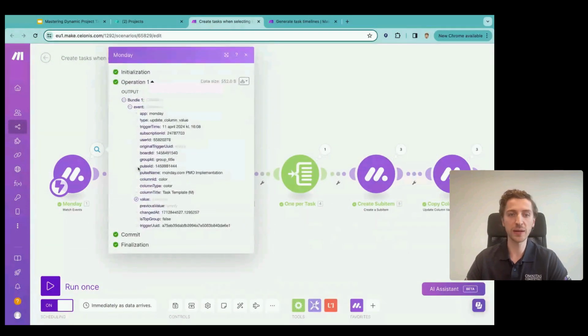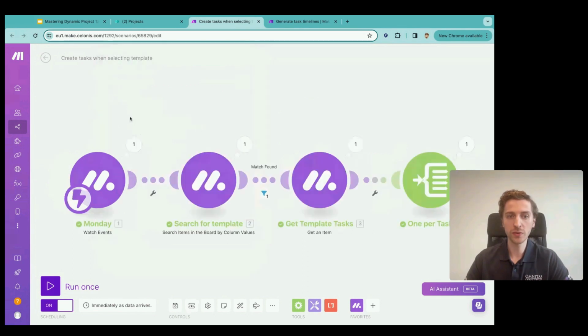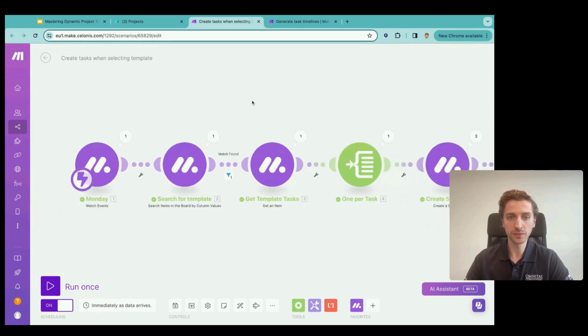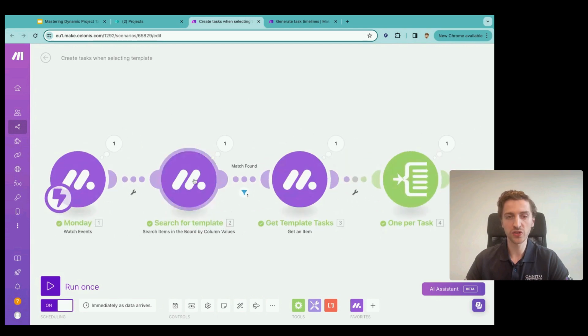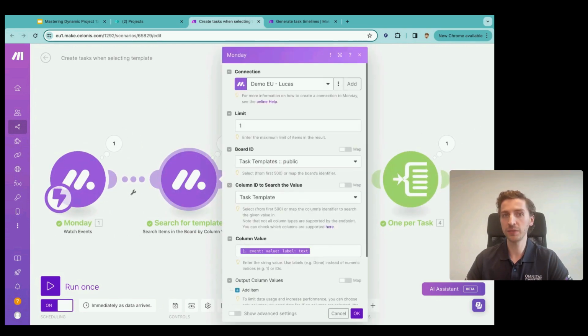For example, what's the name of the item? What's the unique identifier of the item, called an item ID? And also some information like when did this happen? So step one, we receive a signal to this module, and then it sends a pulse throughout this chain of operations as well. So first thing we do is we're going to search for a template item